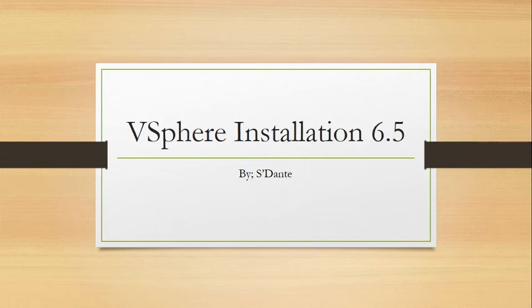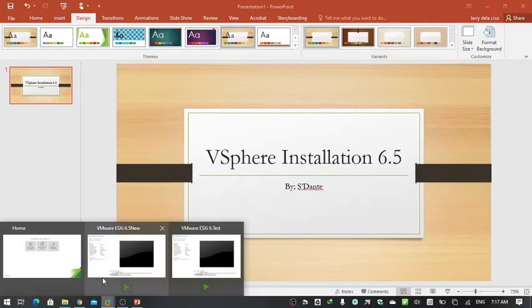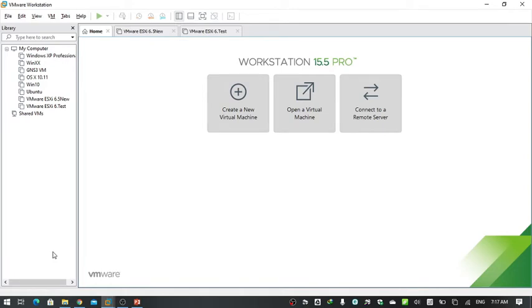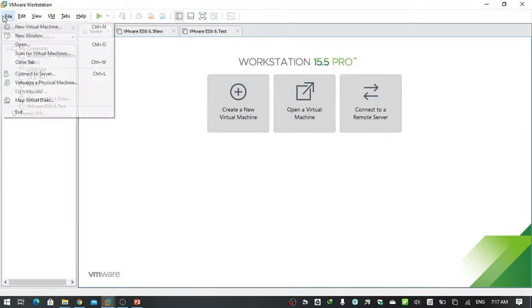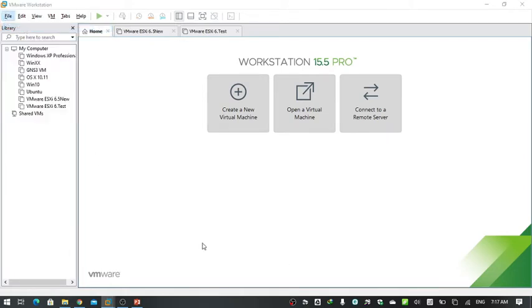Okay, good day. We'll be starting an installation of vSphere 6.5. This is one of the virtualization products of VMware. We start by going into the VMware Workstation software, in which we'll be creating a new virtual machine to